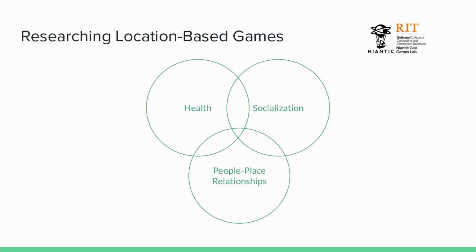Now, as I mentioned before, location-based games are my primary probe into the kind of research I do. Centrally, there are three primary areas of investigation in the overall research that I've identified: health, socialization, and people-place relationships. And naturally, these overlap, as you can see in this Venn diagram here. As location-based games require locomotion to play, it is no surprise that there's a litany of studies relating to health in location-based games. It's basically ubiquitous. You can throw a dart and hit a study talking about how people walk more while playing a location-based game.